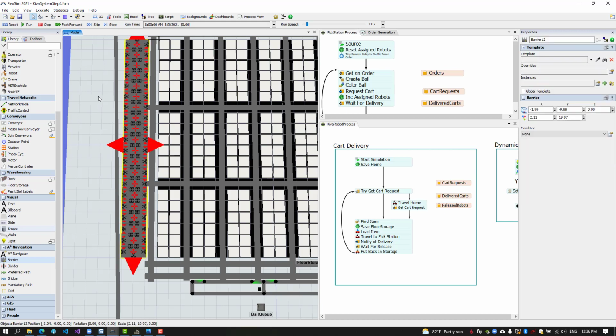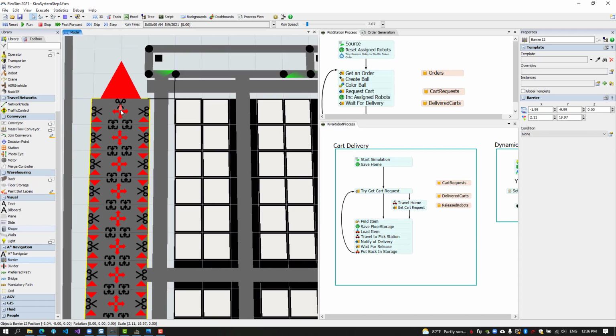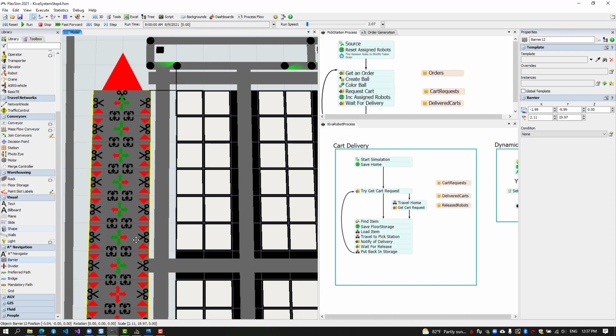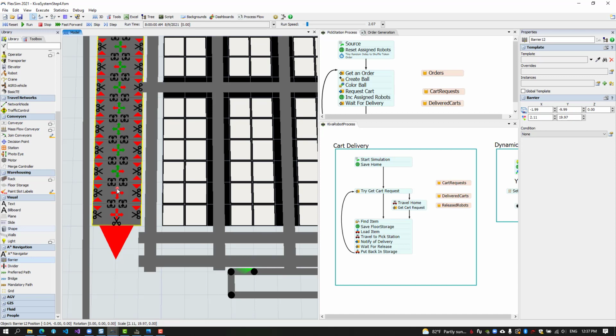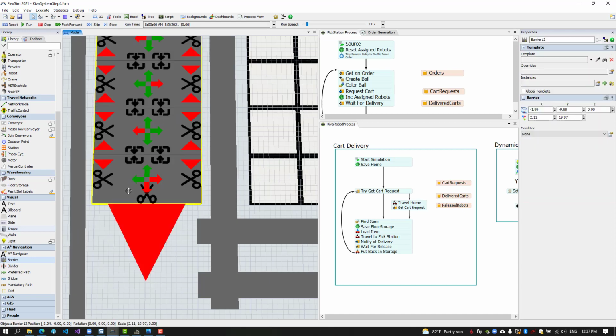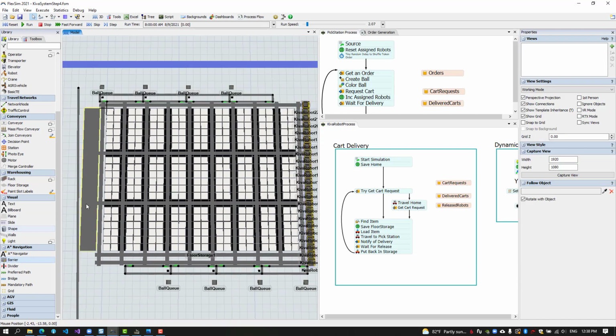And then I go in, and each horizontal row, I alternate the direction that is blocked for that row. So for one, it can't go left. For the other one, it can't go right, and so on down the line. Now eventually I'm going to extend this and place it over the top of this